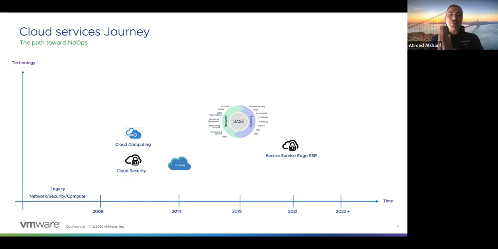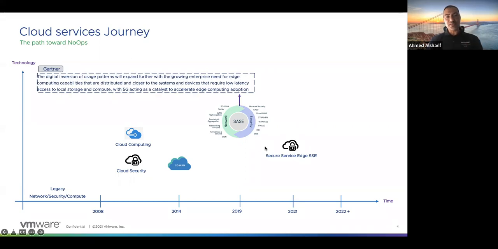But let's move forward after this and see what the future of these two is. Now, the choice for any customer for transforming the business or for securing the business will be two choices, either to go SASE or to go SSE. So which one to choose will be based on the future of each one of these. Let's see what Gartner said about SASE in the first place. I'll give you a few seconds to read what Gartner said about the future of SASE, and then I'll continue.